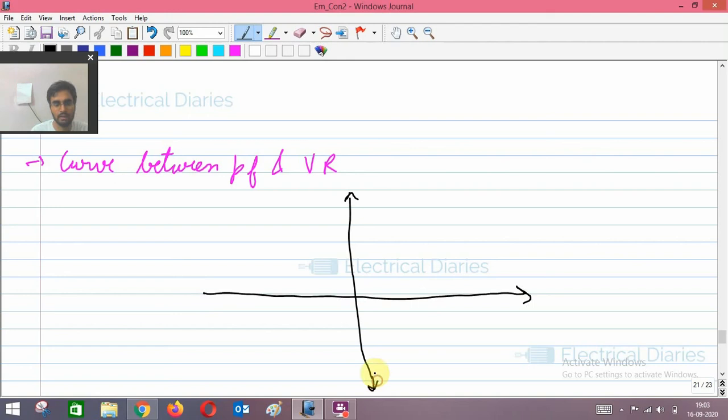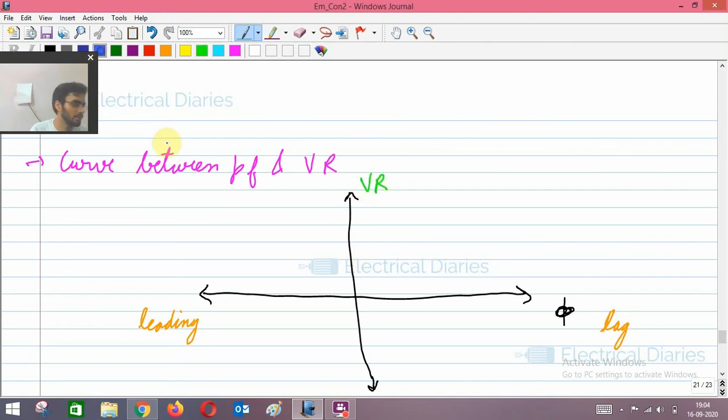Derivations you can ask about in the doubt section on our website if you are not getting them from the standard books. But if you just remember these concepts and formulas, then it will be okay and you will solve the questions in the exam. Remember, question solving is the most important part. So this is your power factor phi. This side it is lagging load, this side it is leading load, and then this is your voltage regulation.